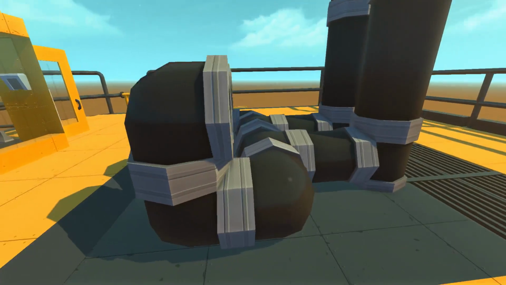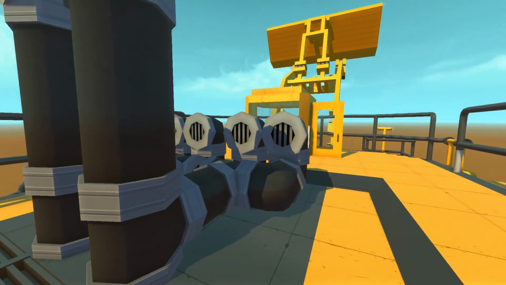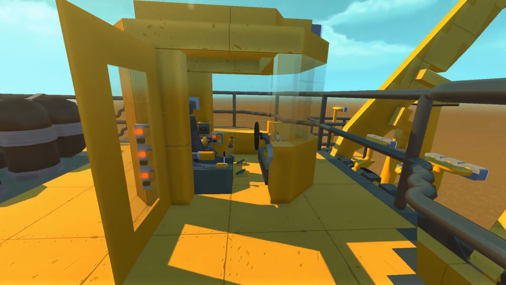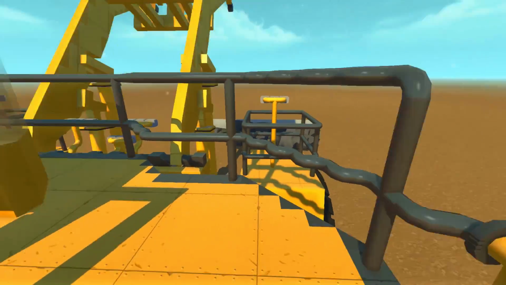And then up here we got the main deck area. Look at this, we got some exhaust vents and fan stuff. And then of course, guys, we do have the cab right here where everything is going to be controlled from. Now,